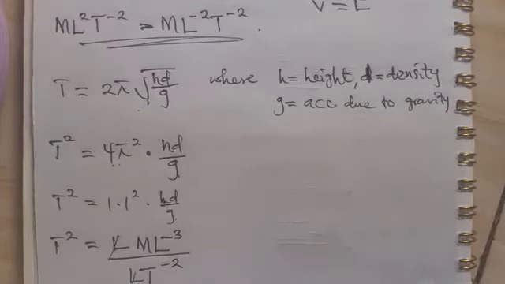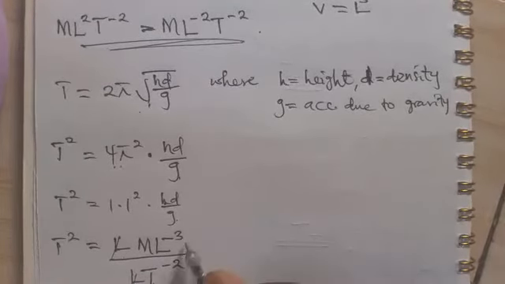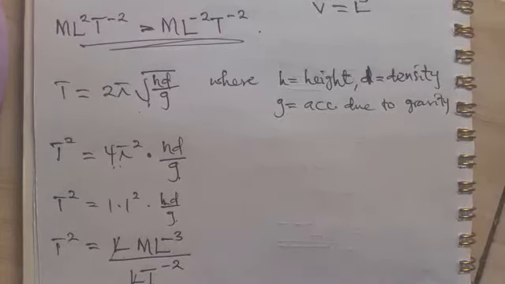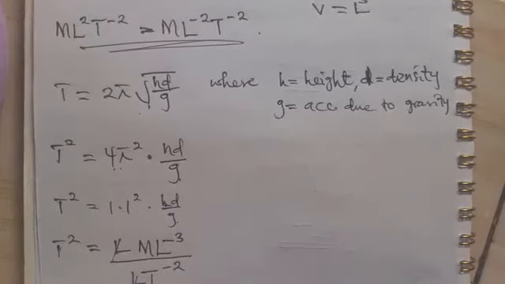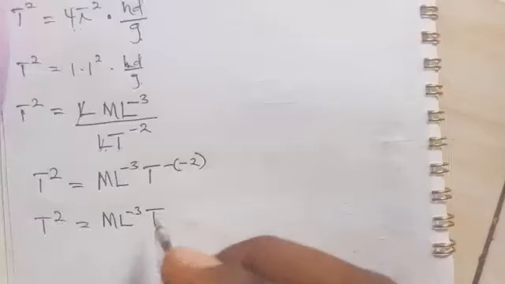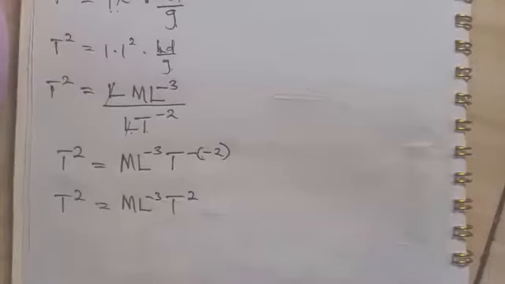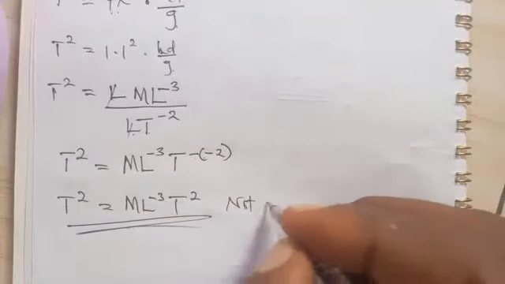So what we're going to have is L3 m L minus 3. If this T comes up, you have T minus minus 2 according to laws of indices. So that what you have is T squared is equal to mL minus 3 T minus times minus. Minus times minus will give you plus 2. So that is the answer, and it is not dimensionally